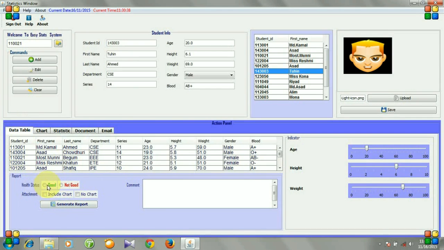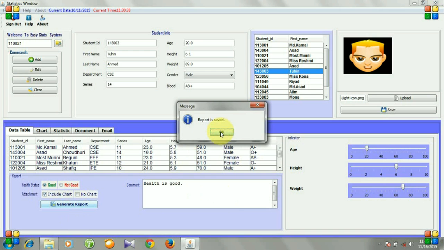I am going to give the status good and attachment include chart. By clicking this will include the chart to our report, and comment will be like health is good. Let's hit enter, generate report, and you see report is saved.